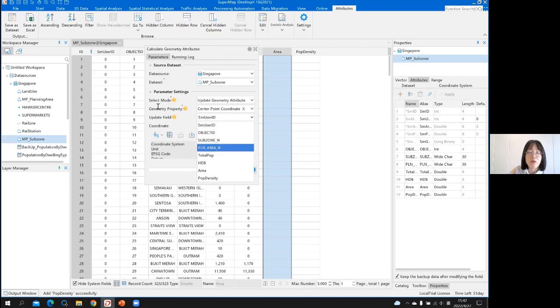And then for the geometry property, that is to say which kind of geometry we're going to calculate. And we can see that we have a lot of choice here. We can calculate the central point coordinates for X or Y, and also the partial coordinates or the number of nodes. And so here,